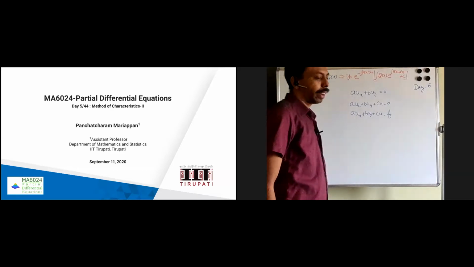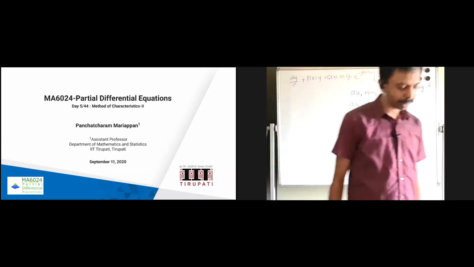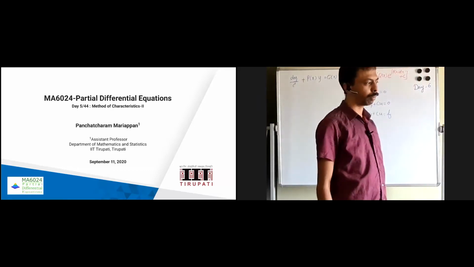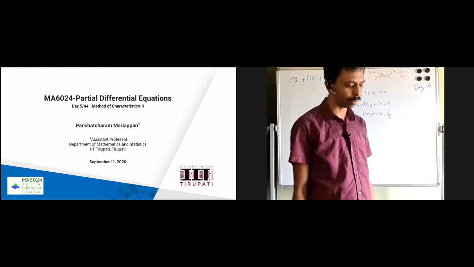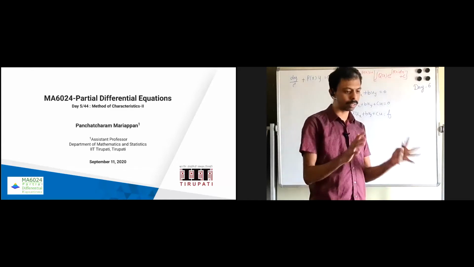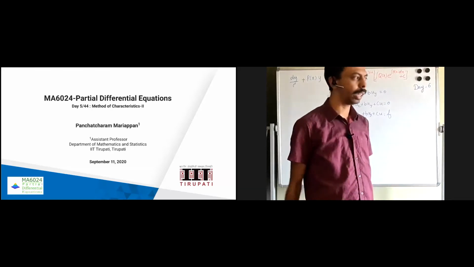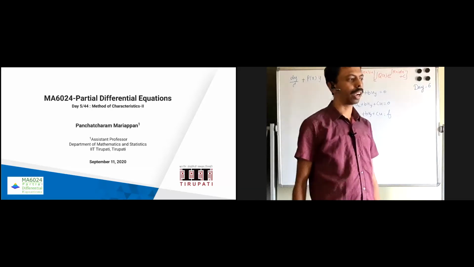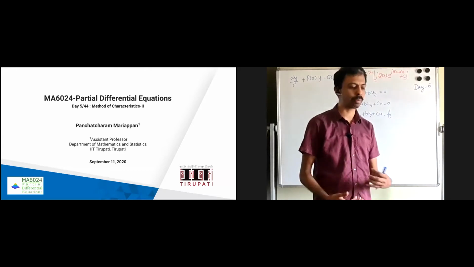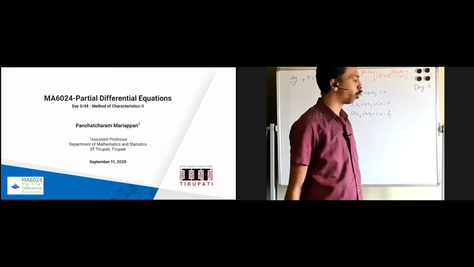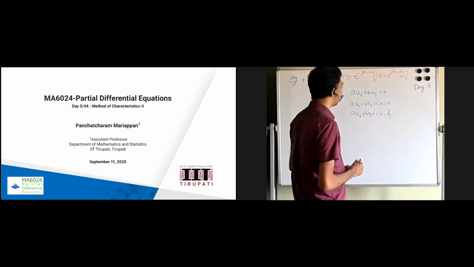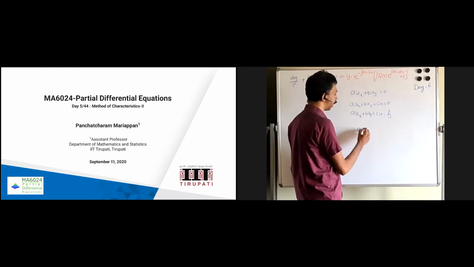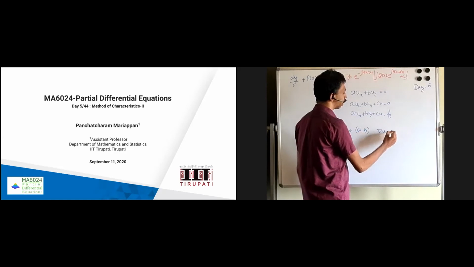Okay, so the idea of the method of characteristics is that we are trying to solve the given first order linear ODE, almost the same setup is for other PDEs also. So given a first order linear PDE, what we are trying to do is convert that into a system of ODEs or an ODE. So what we have is a u_x plus b u_y equal to 0. So we try to find a vector v, which is nothing but (a, b), and del u is nothing but (u_x, u_y).